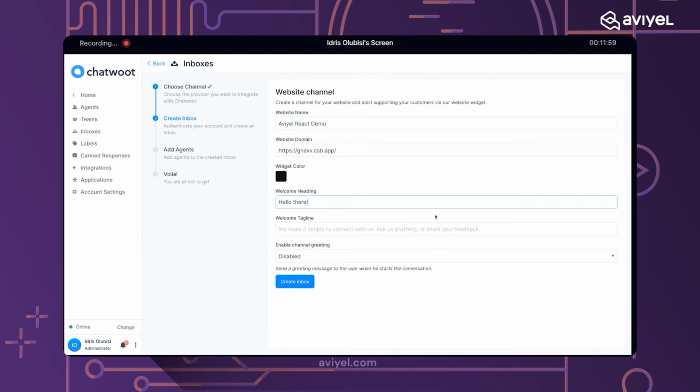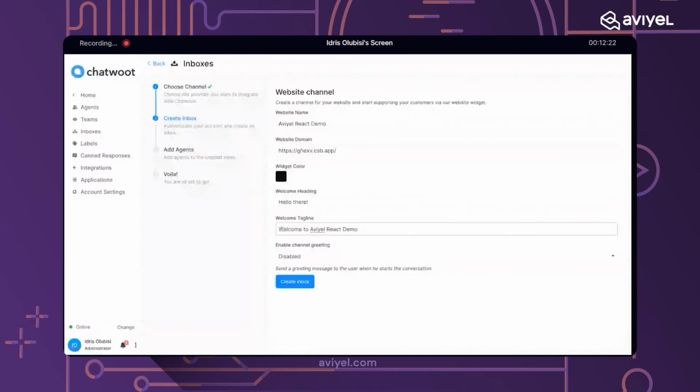It's the first thing, more or less like a welcome message. It can be anything. And aside from that, you can also extend it by adding more tagline to welcome them, maybe saying welcome to Avia React demo. So in this case, they get to see this.